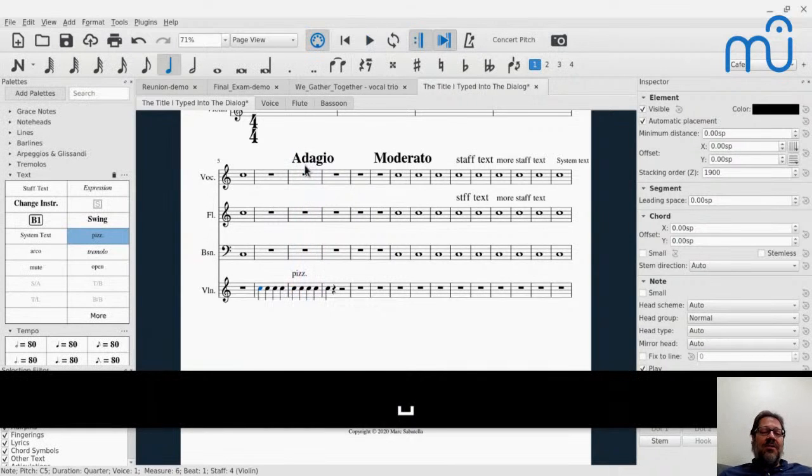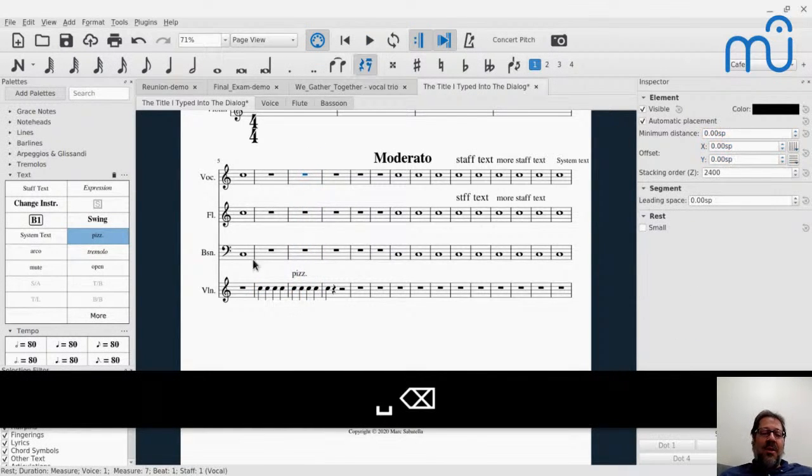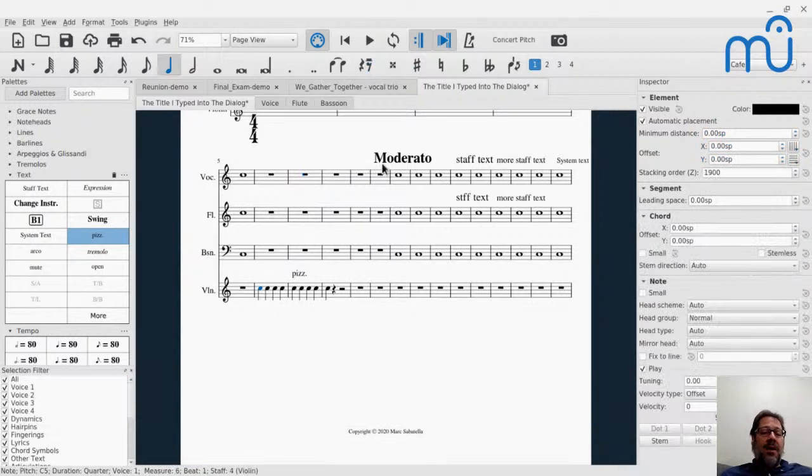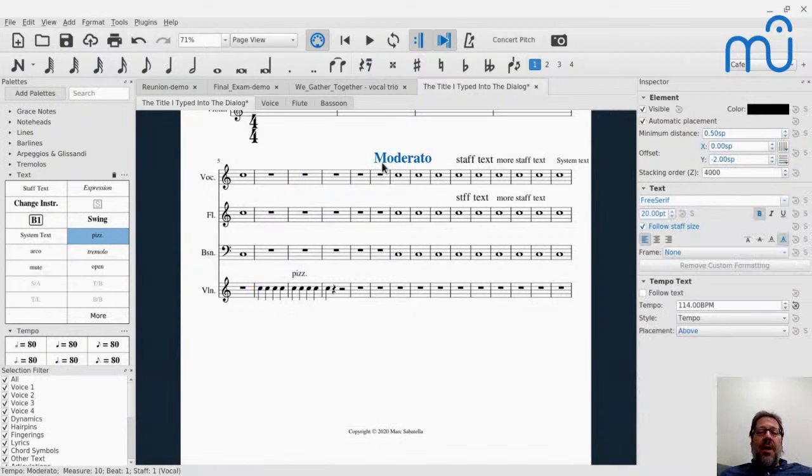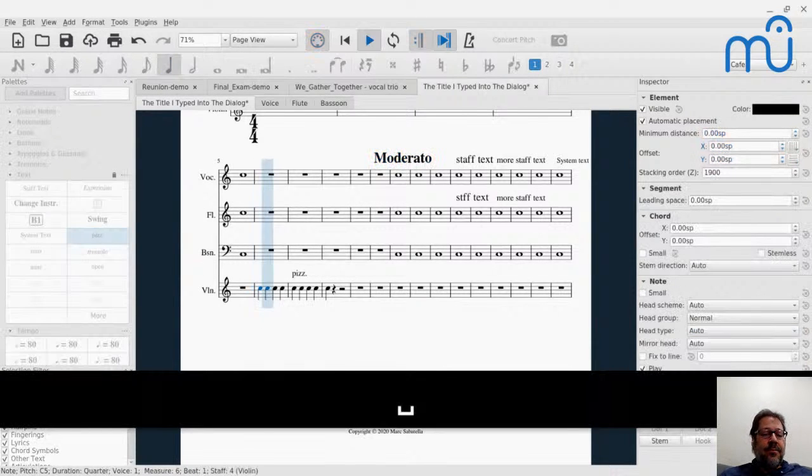And it got slower because of that adagio. Let's get rid of that marking. So these tempo markings affect the tempo, obviously. By the way, that's because they have settings in the inspector, and if you can't see it because of my face, sorry, but I think you probably still can. There's the tempo settings down here in the inspector that let you control what the actual tempo is of each of those markings.